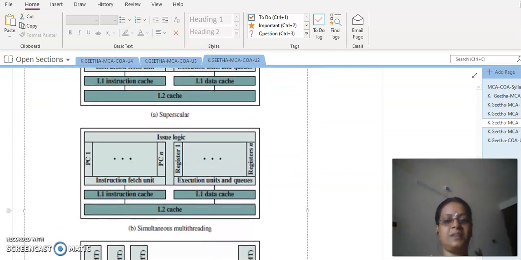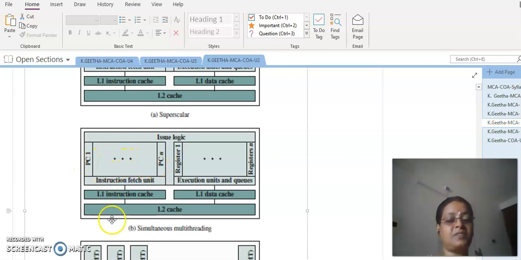The next concept is called SMT. It is nothing but simultaneous multi-threading. Now in this structure, we have the cache as usual, and it is split, one to store the instructions, another to store the data, and we have the instruction fetch unit. This instruction fetch unit will keep fetching the instructions well in advance as pointed to by the program counter, and all these instructions will be kept in a queue, a buffer of registers. So all the instructions will be made available here itself.